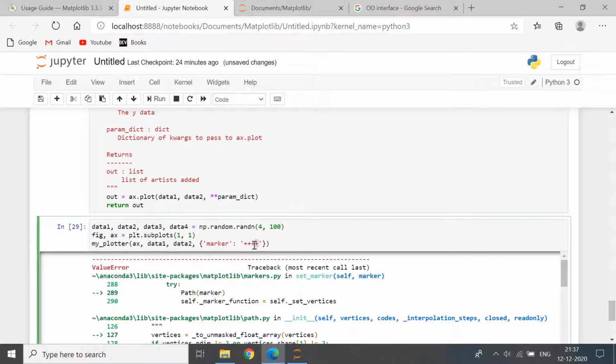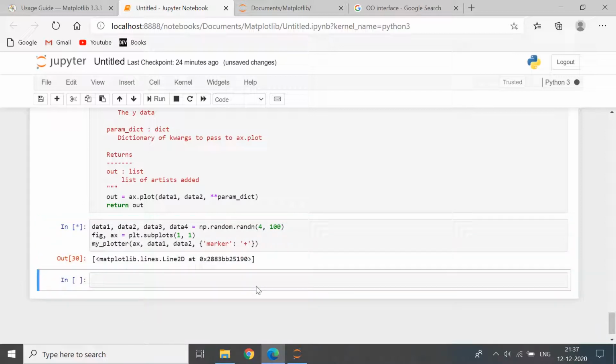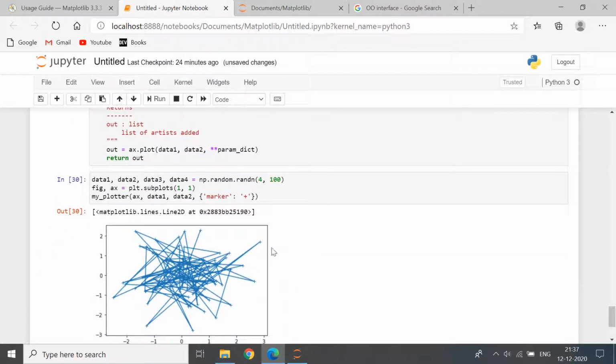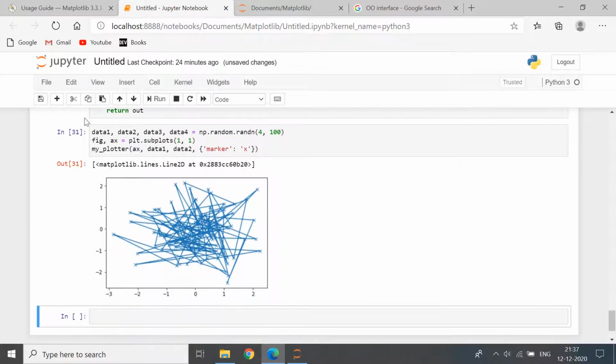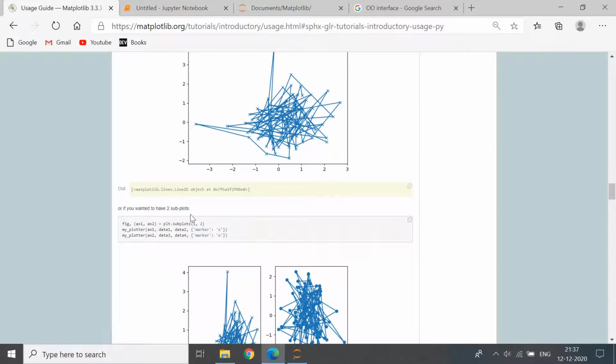Okay, so markers also are probably predefined. So if we set it to be plus, you can see there are pluses here. So let's just change it back to x, and we are getting this plot. Now, if you wanted to have two subplots, you can do my plotter